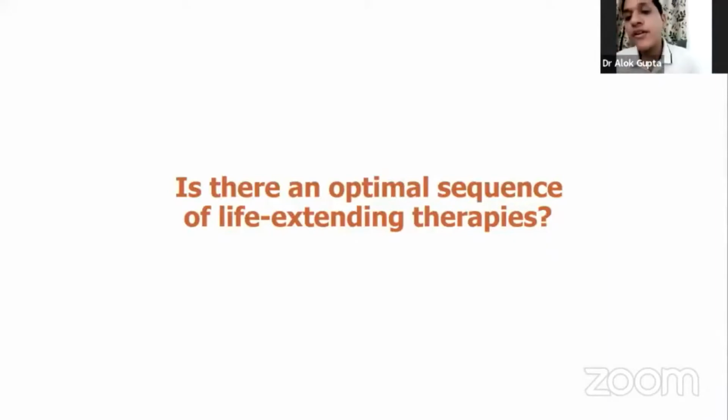So coming to the last part of my talk, which is about how to sequence this molecule. Now we know that there is availability of abiraterone, docetaxel, and cabazitaxel. These are the molecules which we very routinely use. And now, as Dr. Jyoti enumerated, there is a plethora of newer agents coming up on the PARP inhibitor front, on the immuno-oncology front, and on the combination of these agents front. So the treatment decision making is going to become more complex. Now, keeping it simple for the time being, let me discuss the sequencing of enzalutamide.